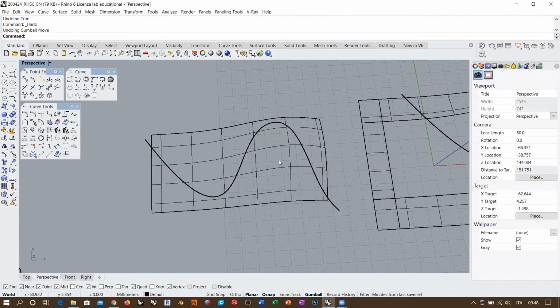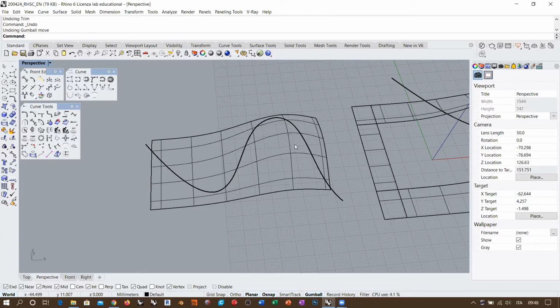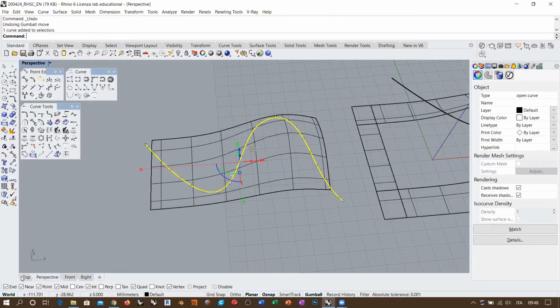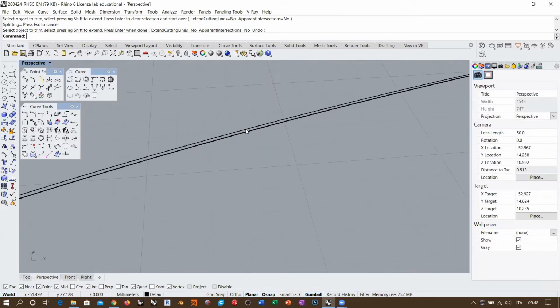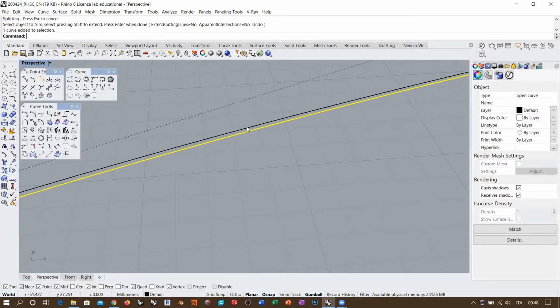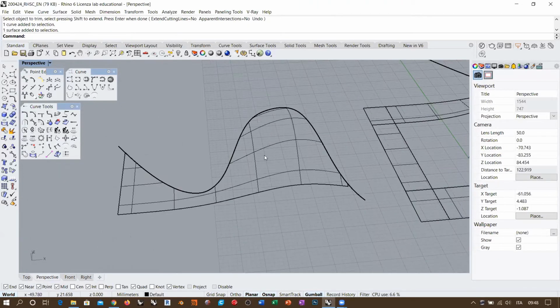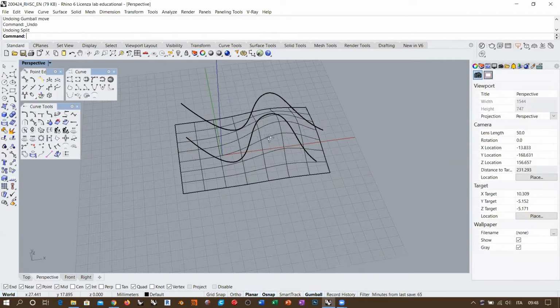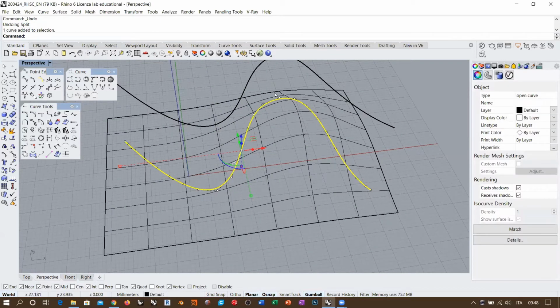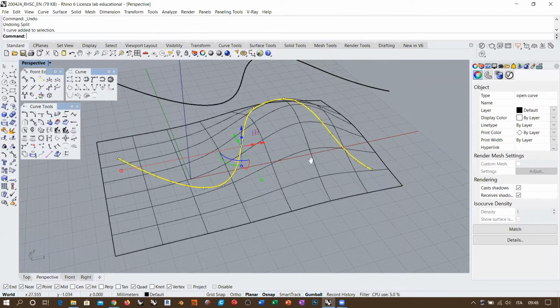But if we need some more specific operations, these operations should basically fail due to the absolute tolerance and to the non-perfect coincidence between the curve and the surface. So also, if I take this line, for example, and trim this surface, and go and have a look at the area with the maximum deviation, you see that there is this kind of separation between the curve and the surface. Yeah. So this is what we are talking about. So rebuild in this case, yes, I would say it's necessary because of the topology of the resulting line from the projection, but you have to deal with the consequences of these operations. Okay,